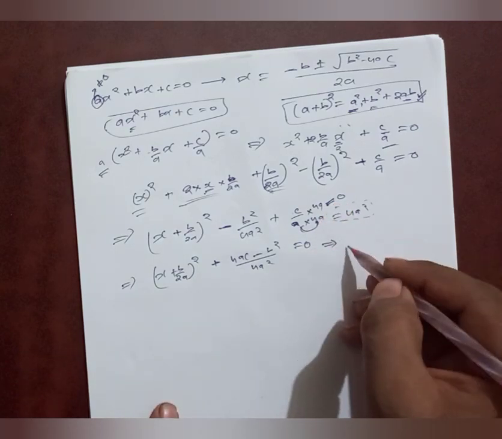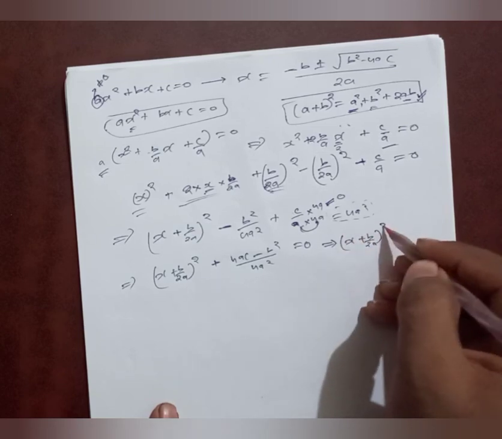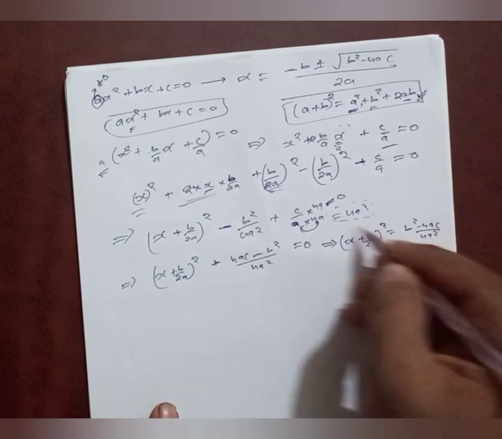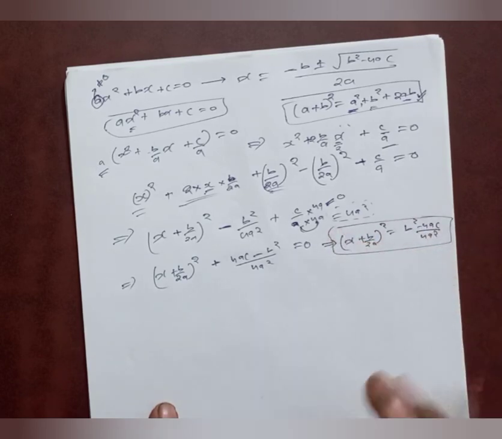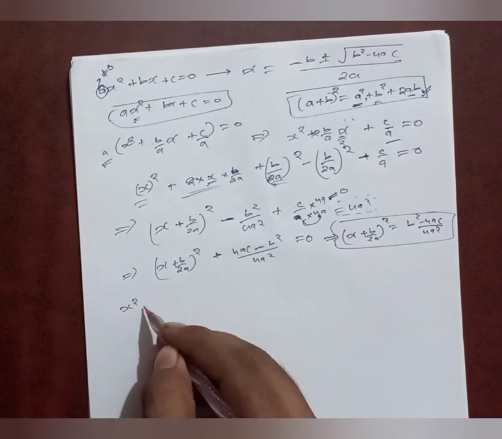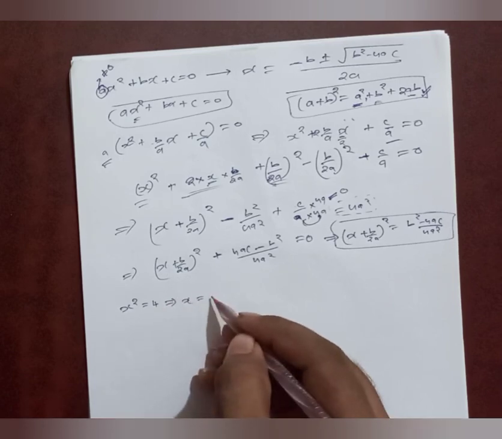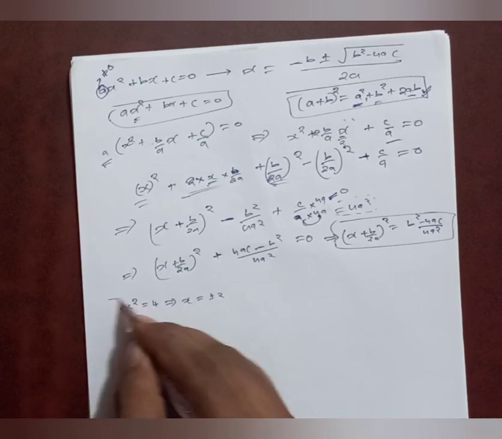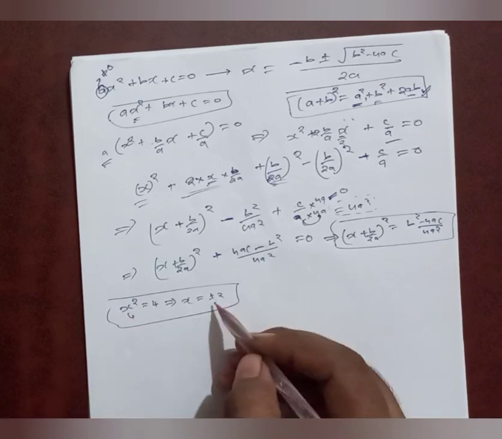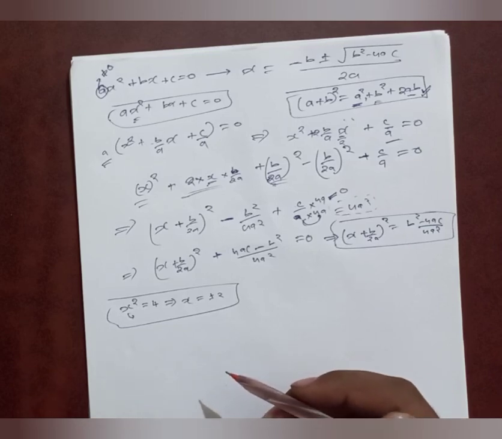Then from this I will get (x + b/2a)² = (b² − 4ac)/4a². Friends, I hope you all know this, that is, for example, if x² = 4, then the x values will be plus or minus 2. That is, on applying the square root to this, x will give the output as plus 2 or minus 2. How did this arrive? Let me explain this.